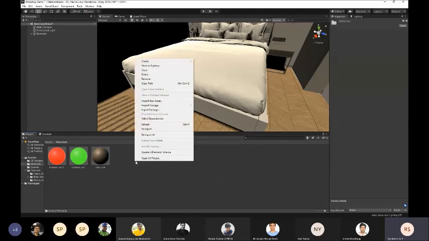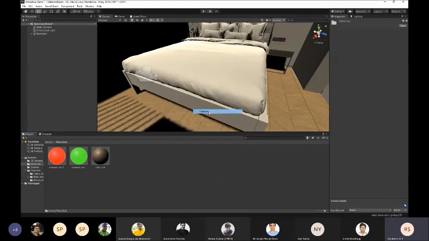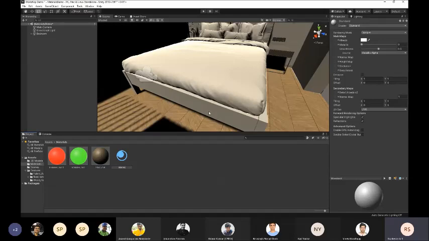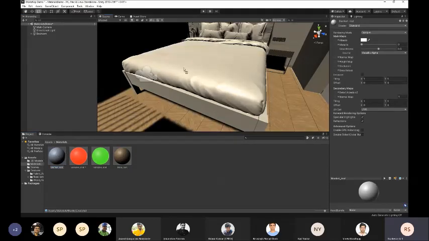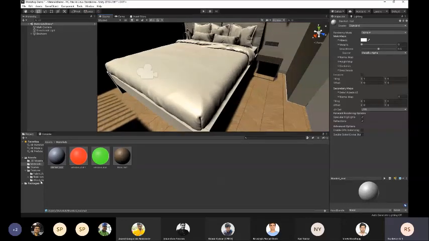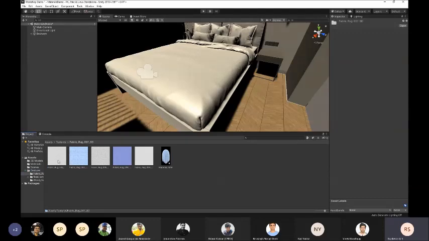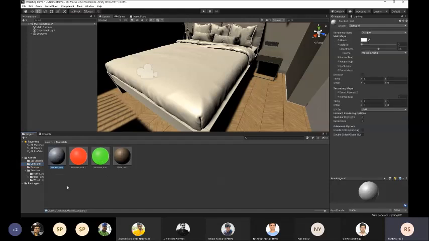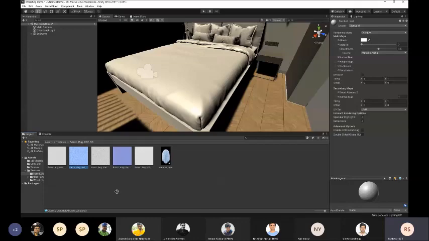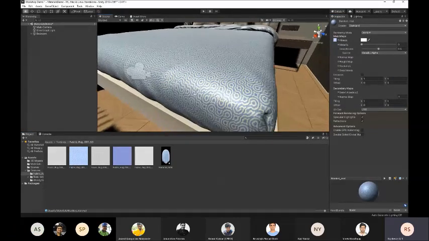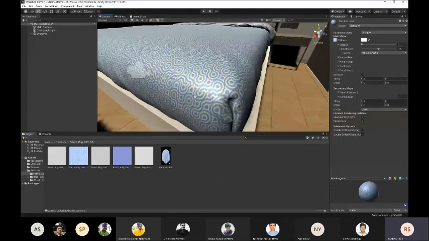Let's go to materials. Let's create another material and I'll drag and drop this onto the blanket. And we have a texture for that. It's called fabric. So I just downloaded this texture for the blanket. And make sure you click on that blanket map. And this is the albedo. So I'll drag it to the albedo property. So you can see that it gave it that base color.